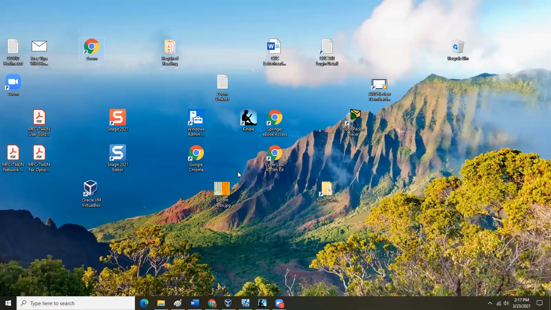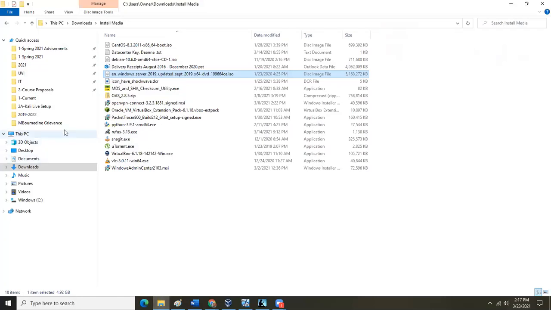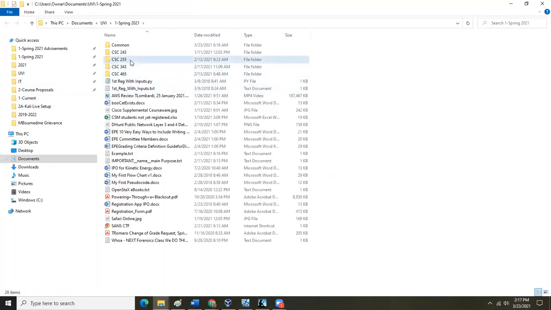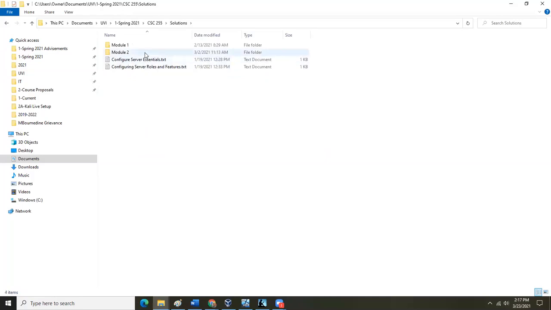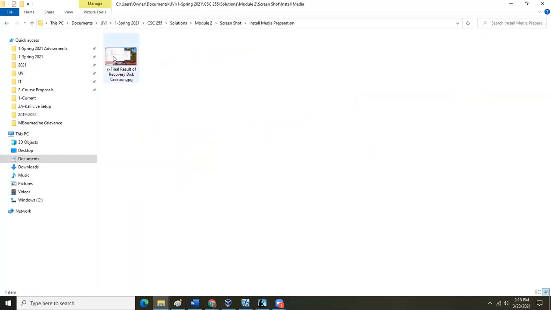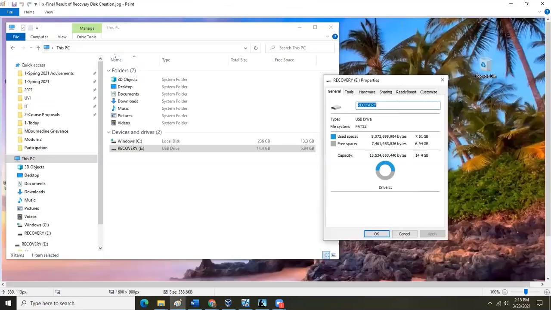So we're going to cover quite a bit today, but we'll start by finishing our media prep. We showed you how to create a recovery disk, and I wanted to show you what happens when you get to the end of that process. You basically get a setup that looks something, let's see, where's the, I think it's in here. Yes. Final result of the,